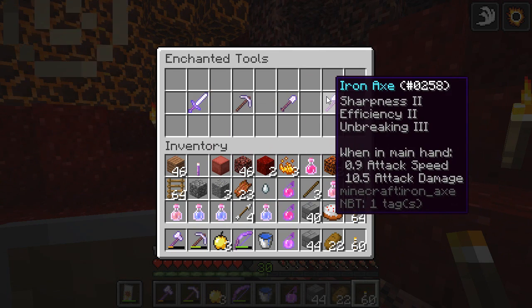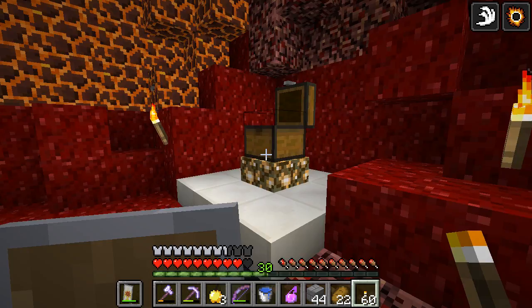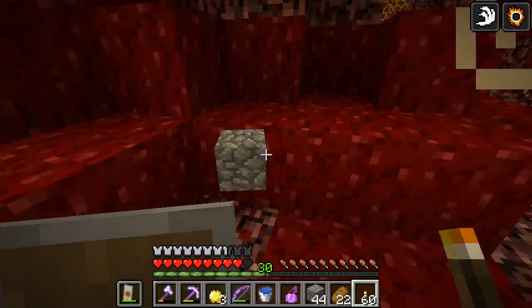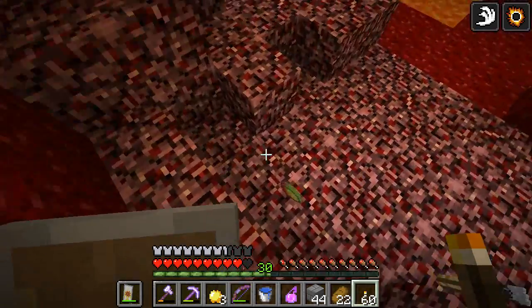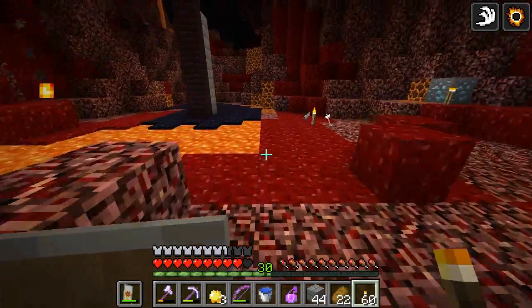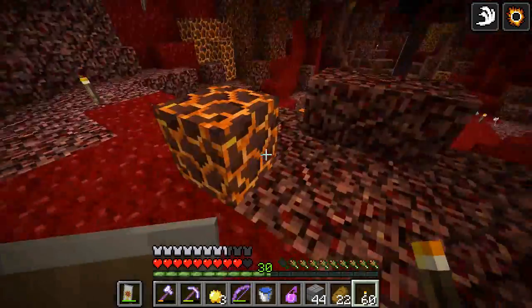And these are... it's got sharpness 2 on it. That's actually not awful. Let's go ahead and grab that. I don't think I need the rest of the stuff that's in there, even though I hardly glanced at it. And I wanted to pick up some of these magma cream things too. Great. Were there any others that were over here? I can always make more. Alright, so...